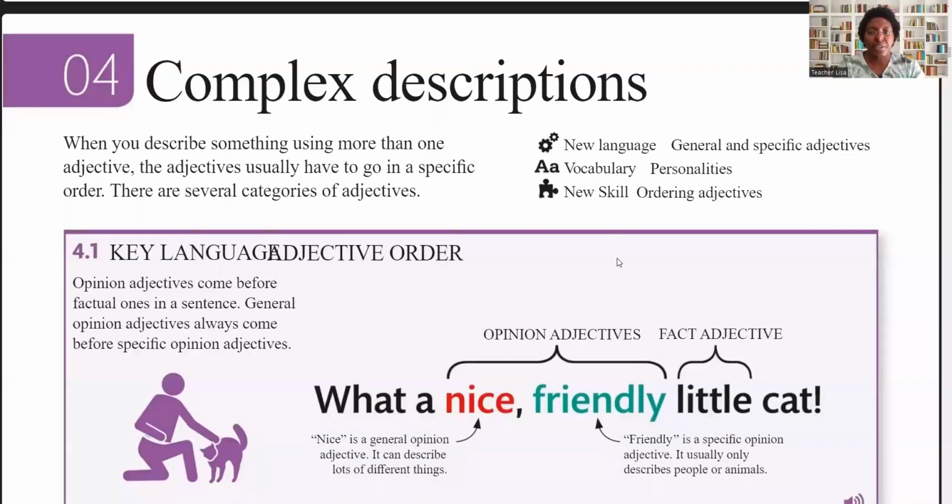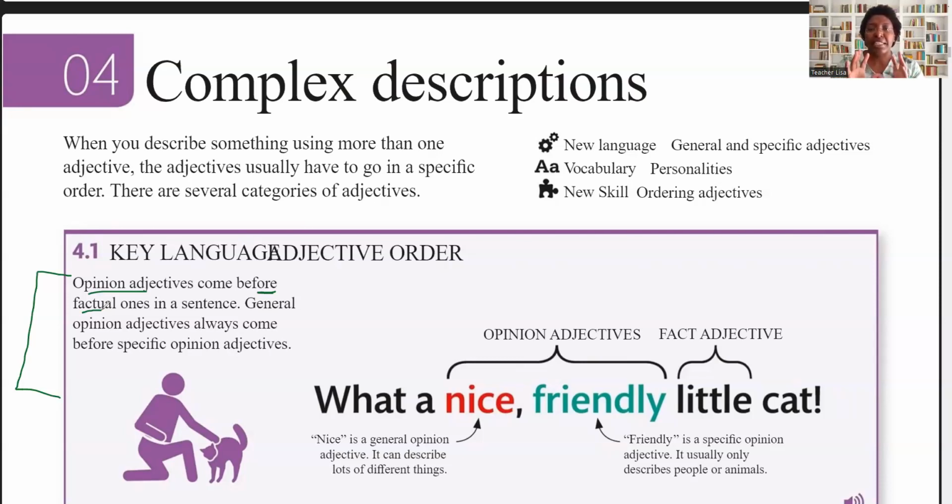So this lesson is called Complex Descriptions. So let's look at the grammar rule. There is an adjective order. So if you look here on the left, we'll just read this description here. Opinion adjectives come before factual ones in a sentence. So that means when you have an opinion about something, you're describing something and it's your opinion, we put that